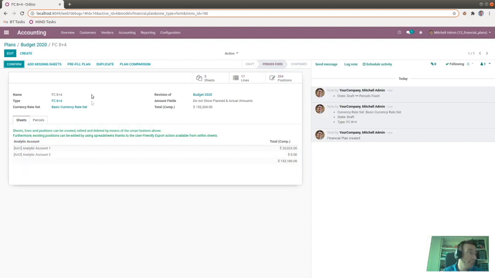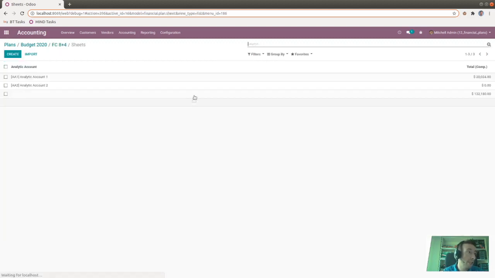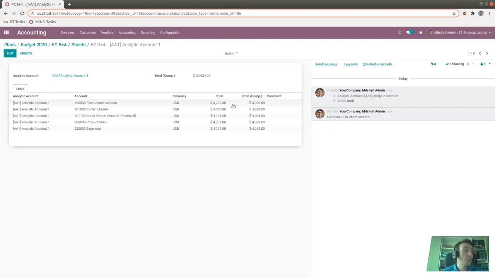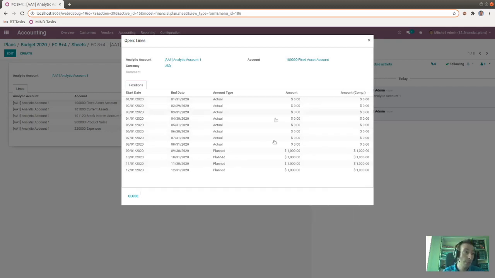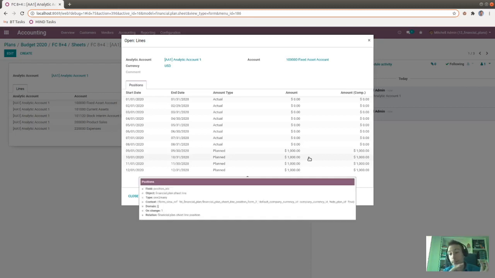For the first months, it's going to get the values from our actual amounts. Well, we don't have any journal items for these months. That is why we have zeros. But if we had had real values for January, February, and March, those values would be here. And then for the planned amounts, it copies the amounts from the budget.